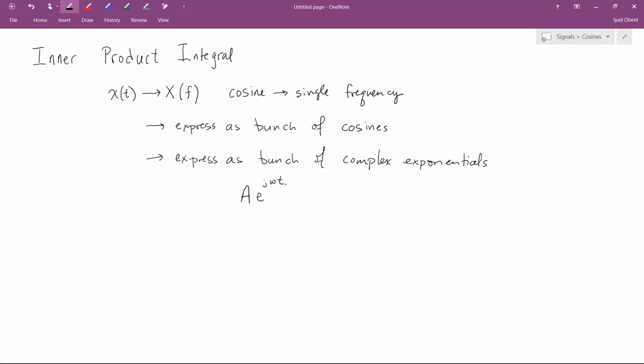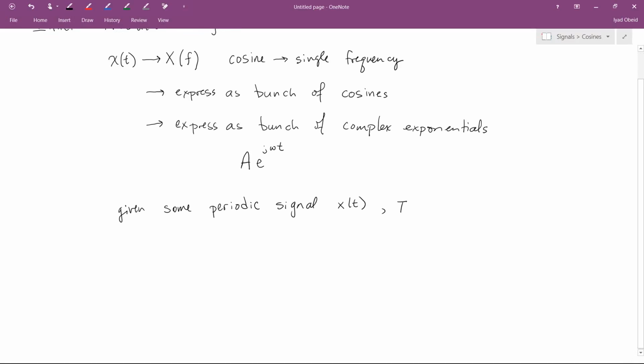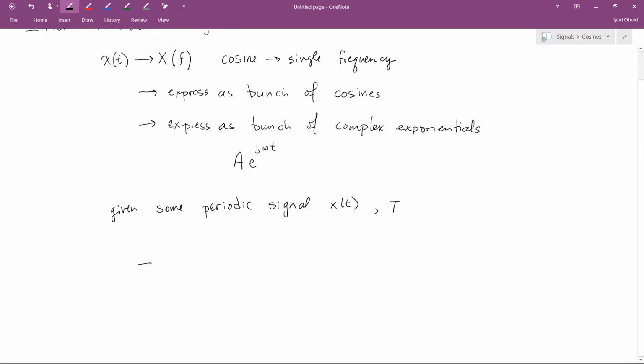So, it turns out that there is a relatively straightforward function we can use to derive this. So suppose we're given some periodic signal x of t. For right now, we're going to restrict our conversation to instances where x of t is periodic, okay, with some period T. So what you can imagine is, I'm going to take some periodic signal, which for now I'll just mock up with a square wave, and I'm going to pass it into this magical box,